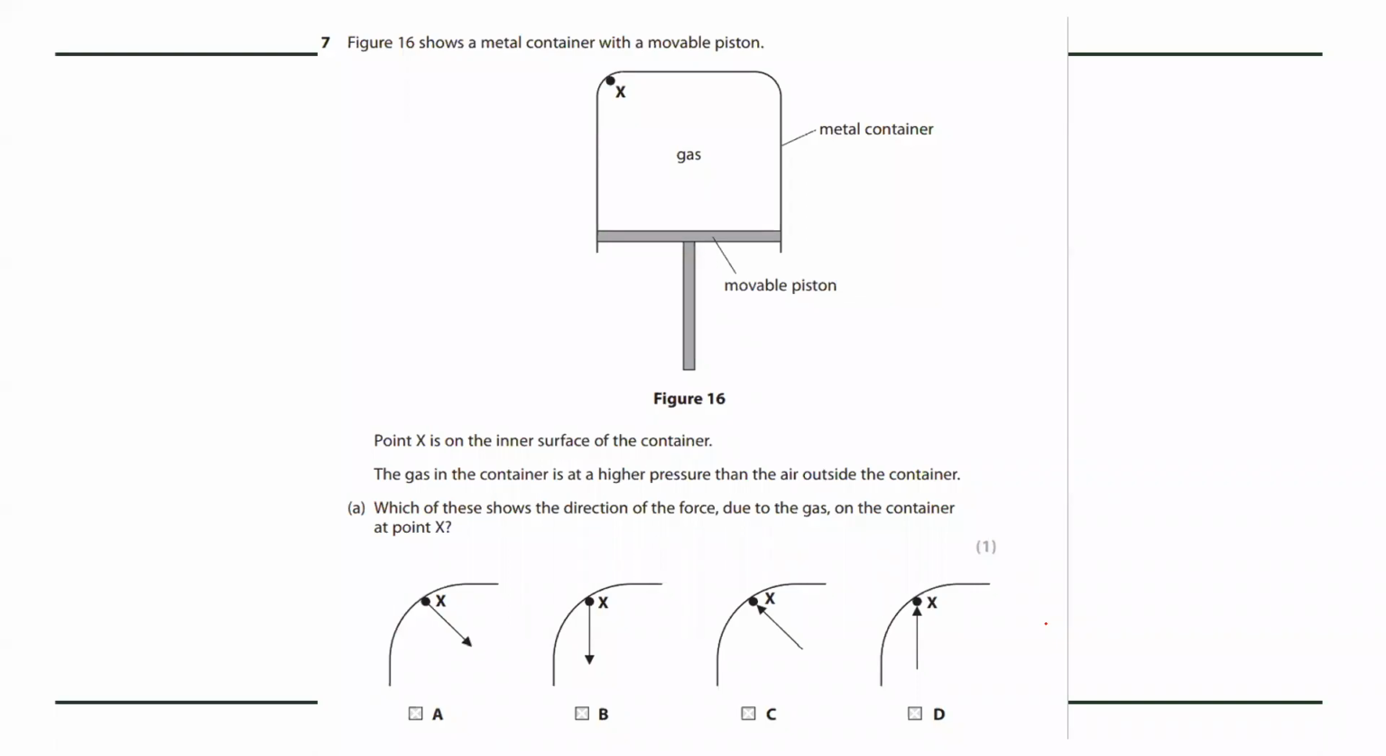Okay, figure 16 shows a metal container with a movable piston. Right, so this can move. Might not have seen that. This can move up and down. So we've got point X is the inner surface of the container. The gas in the container is at a higher pressure than the air outside the container. So in there is higher than in here, okay? Which of these shows the direction of the force due to the gas on the container at point X? So it's always at right angles to the surface. So it's C. So that's why they're tricking you with some of them, because it's not at right angle to